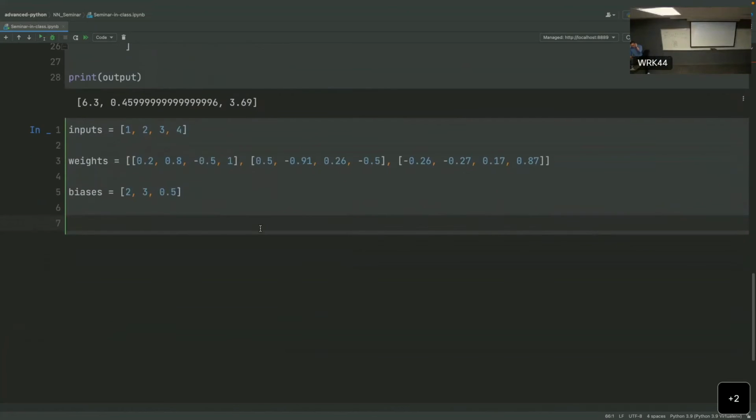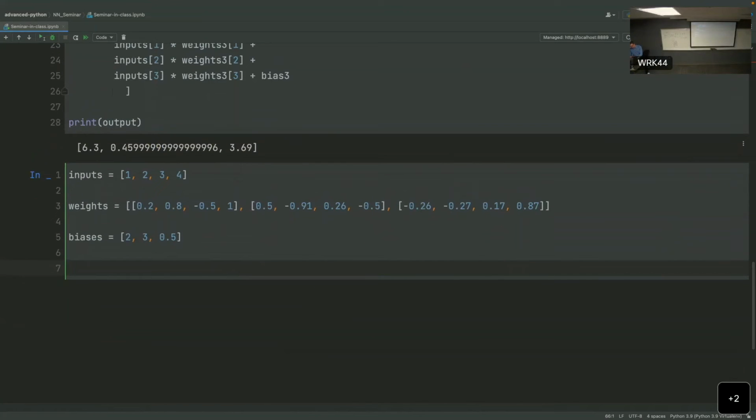So we're going to use a classic for loop here. I'm sure all of you have heard of for loops. And this will make our lives way easier. So we're going to say for neuron weight and neuron bias in